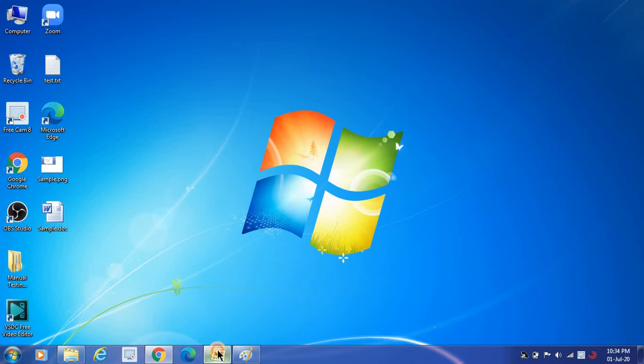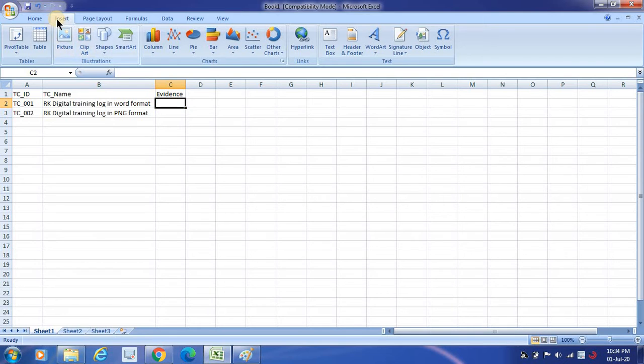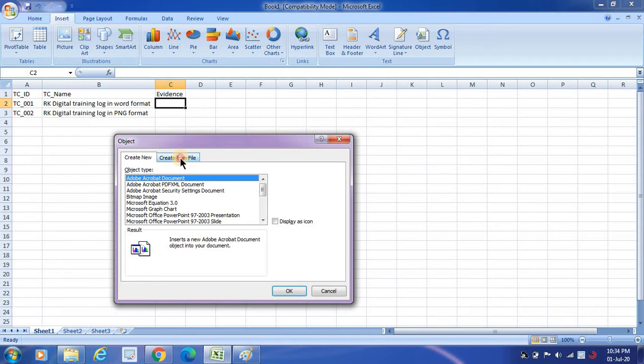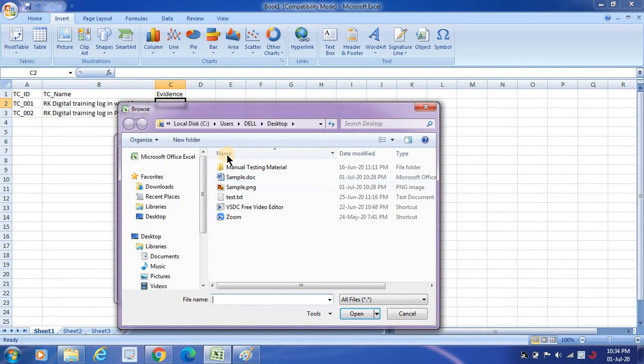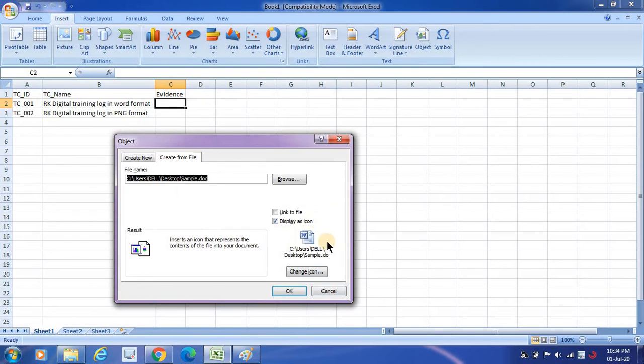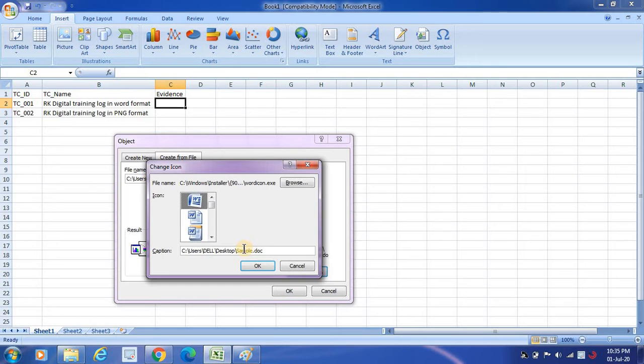So how do I do it? I will go to my Excel, select the cell, go to insert and then click on object, and then use the option called create from file, and then before browsing check the checkbox display as icon, and then click on browse button, and then select the required file from the location sample.doc, which is there on my desktop, and click on OK. And if you see, you have the entire path has come. If you don't want the entire path, if you wanted to have only sample doc, just write it as sample doc. Just click there and then remove the unnecessary text.